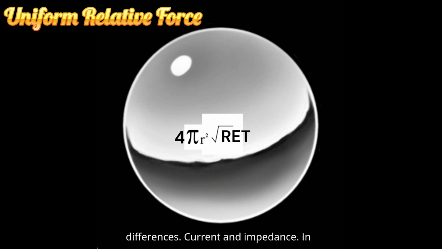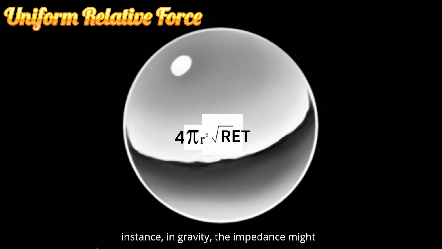Contextual differences, current and impedance. In electrical circuits, voltage is related to current and impedance. By analogy, URF's role can be viewed as representing a unified force that, depending on the context of the system's impedance, e.g., the specific conditions of a gravitational field, electromagnetic environment, or nuclear interaction, determines how it manifests across different